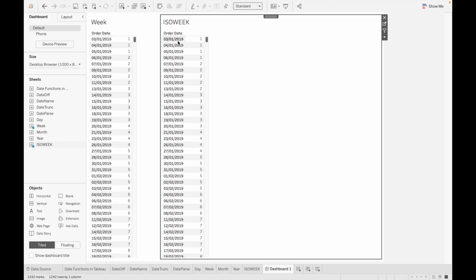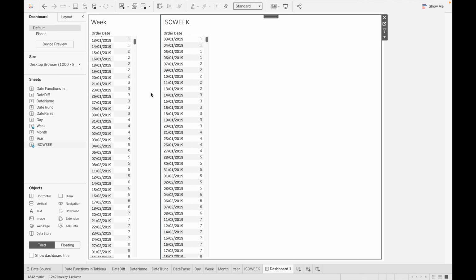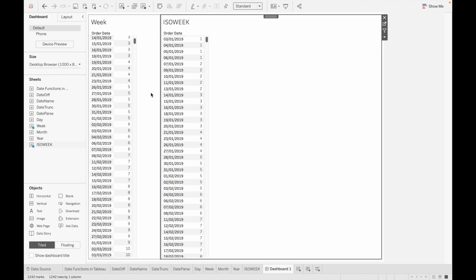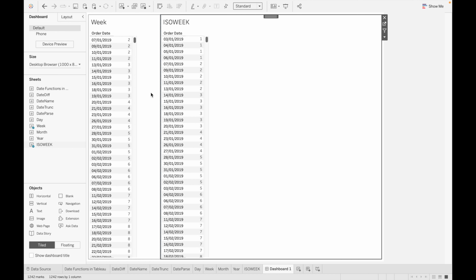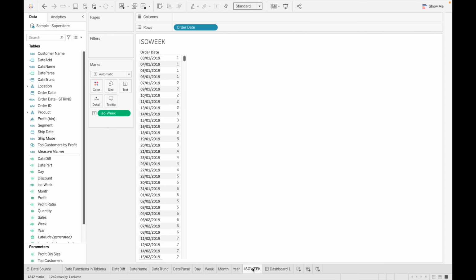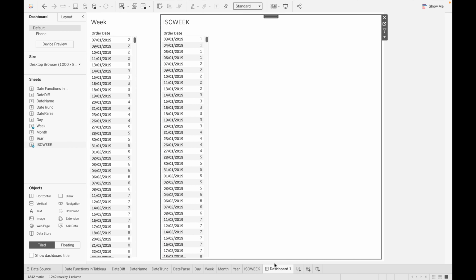Okay, so it's taking third, fourth, fifth, sixth, and it's taking only third, fourth, fifth. Okay, so this is how you can differentiate between week and ISO week function. Okay, same thing you can go with